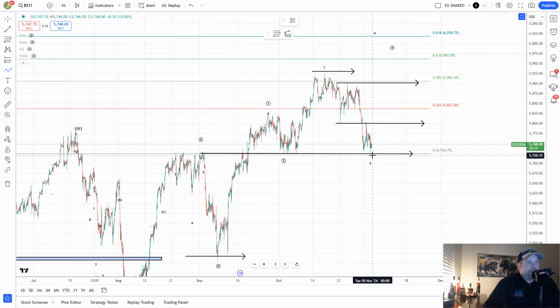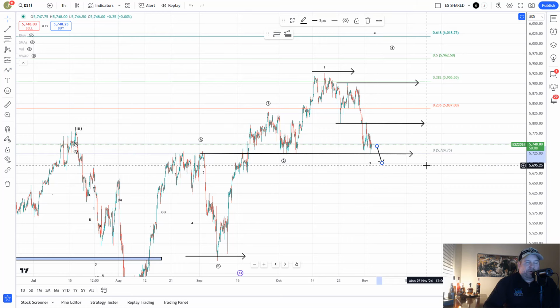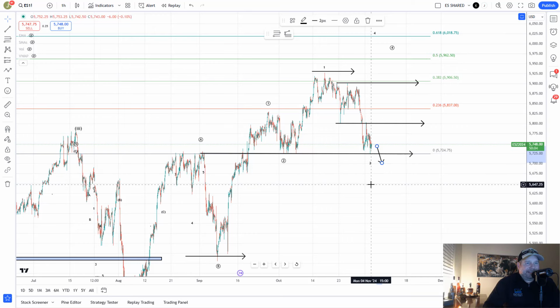Then they went back up and came down and tested 5,740, and then came back up and back down to test 5,725. It's exactly where they bounced today, 5,724 and a quarter, which was these lows, these peaks, and these peaks over here. This is a ton of support and resistance. Because we're above it, it is currently support. And a break of this level should lead to aggressive selling, with our next stop being the 5,650 area and